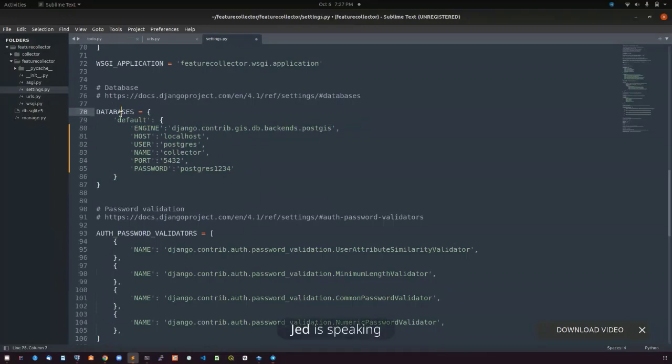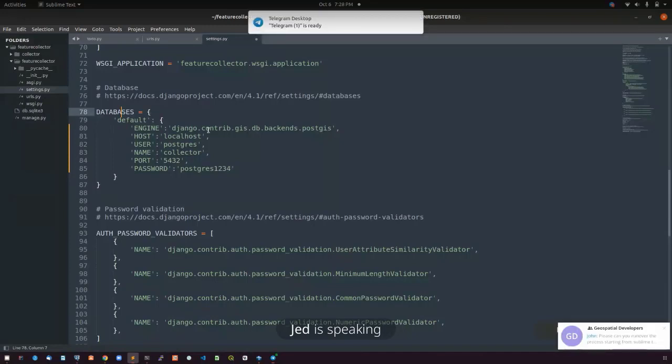So this over here is talking of our database configuration. I'm saying that you should create a database. Now, what are the details within the database? I'm saying that the engine should be